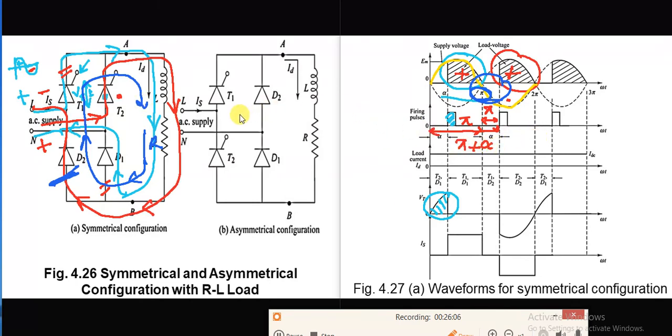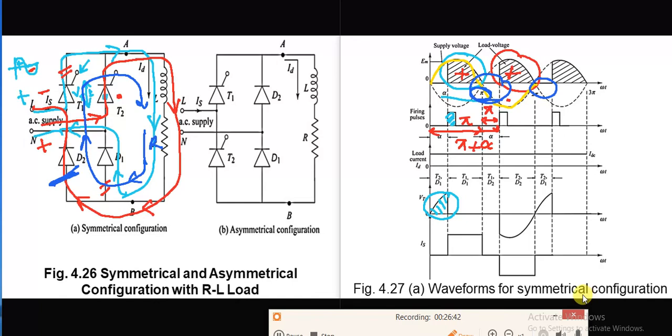The direction is forward, okay, but this EMF, back EMF and this current will cancel each other, and hence no half waving. Similarly, after the negative half cycle also there is no half waving. So this eliminates the use of an additional freewheeling diode. So this is all about the working of symmetrical configuration with inductive load.